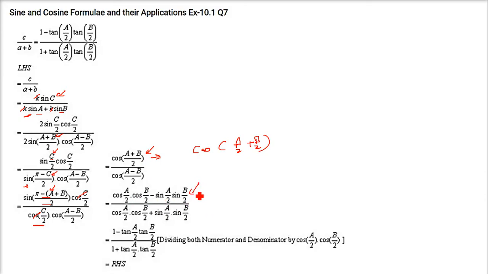This is cos a cos a, the formula we have used. Now use the denominator to find out this one. Use cos a by 2 and cos b by 2 to divide each term, meaning numerator complete and denominator complete. So you'll get this term. As I told you earlier, I'll show you this one. Let us say this one I'm taking: sin a by 2, sin b by 2. I'm dividing it using cos a by 2 and cos b by 2. So this will be tan a by 2 and this will be tan b by 2.